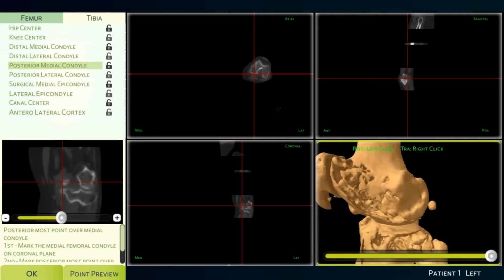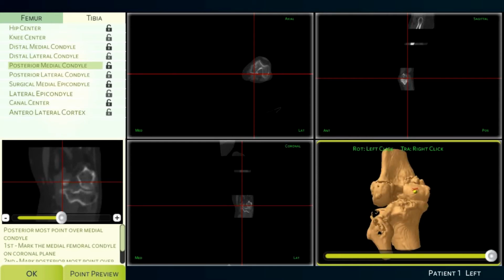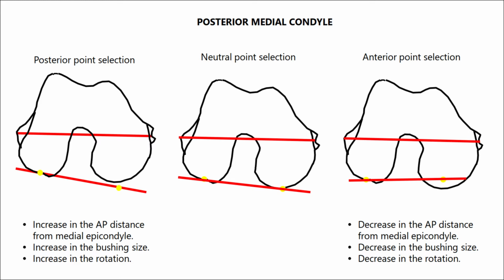I will show you on the 3D scan. Now this landmark is on the surface of the bone. While selecting the landmark, if you properly visualize it or cross-reference with the 3D CT view, it is a very good help. This landmark is used to define the posterior condylar axis and the depth of the posterior